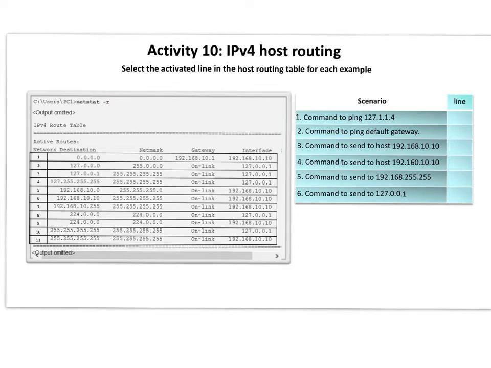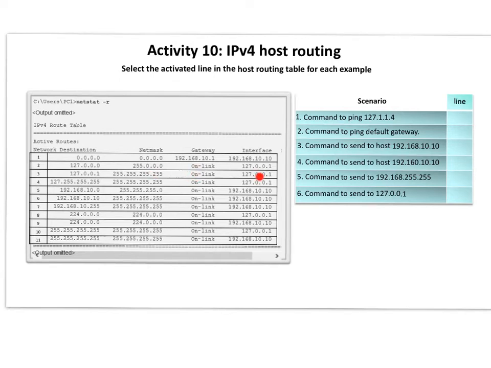Today, inshallah, we'll continue this talk and try to identify which line gets activated when we try to send to a particular address. And the mechanism here, as we mentioned last time, is to find the line where if we AND the address with the subnet mask, the result will be the corresponding destination address. If that happens, then this line is activated, in which case we will know how to send this packet through